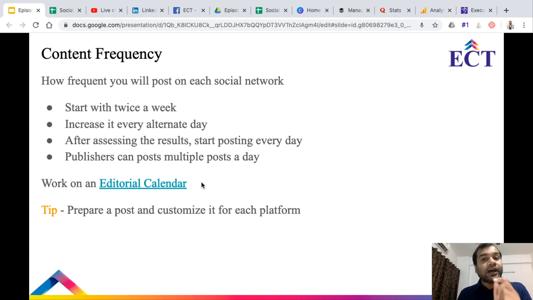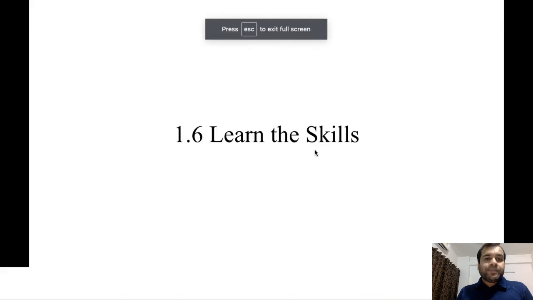This is one way you build your loyal audience, by posting content at an expected date where people do expect it. Once you prepare a calendar and suppose you are posting every Monday, then by the 6th or 7th Monday some people will be waiting for your post. This is how this editorial calendar works.